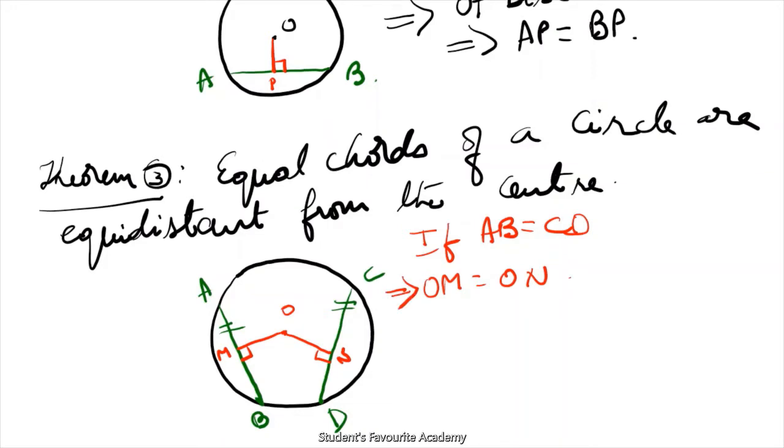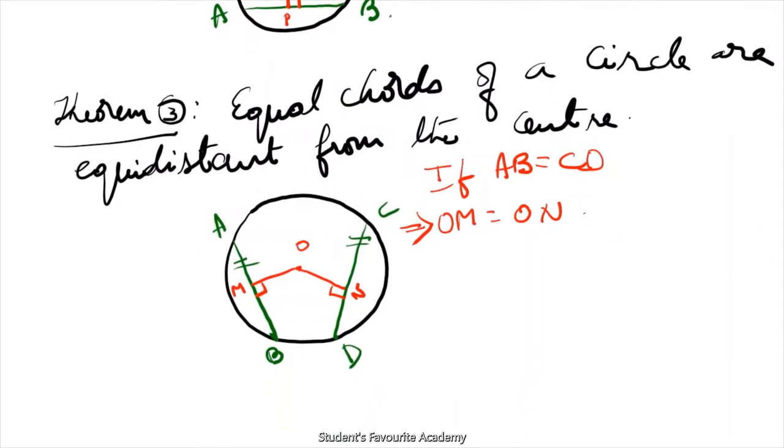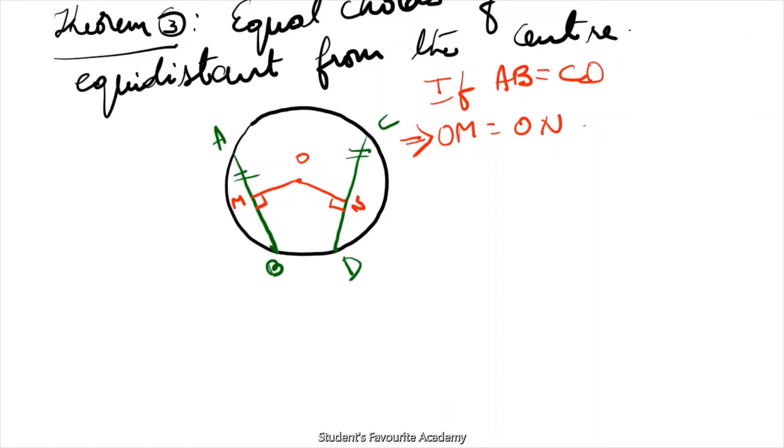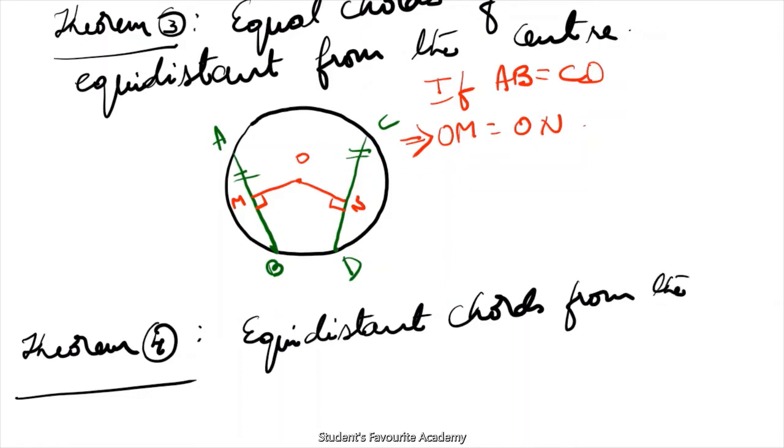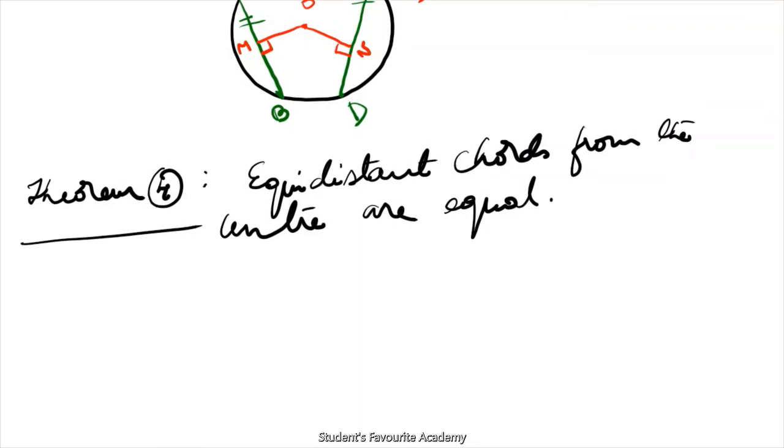Now the next theorem, converse of this, you have learnt in 9th only. Equidistant chords are equal. Equidistant chords from the center are equal. That means if you have a circle like this